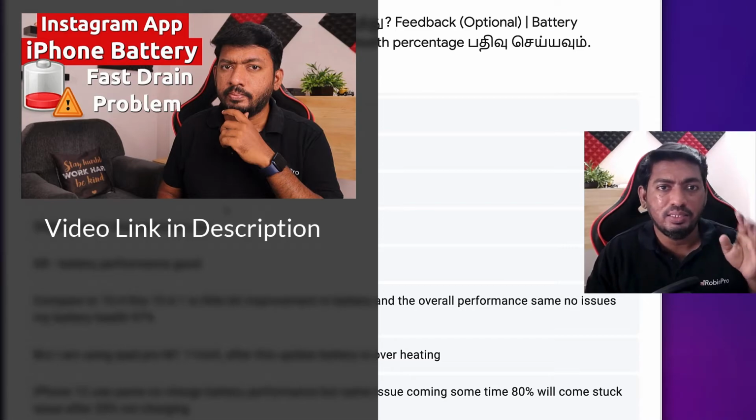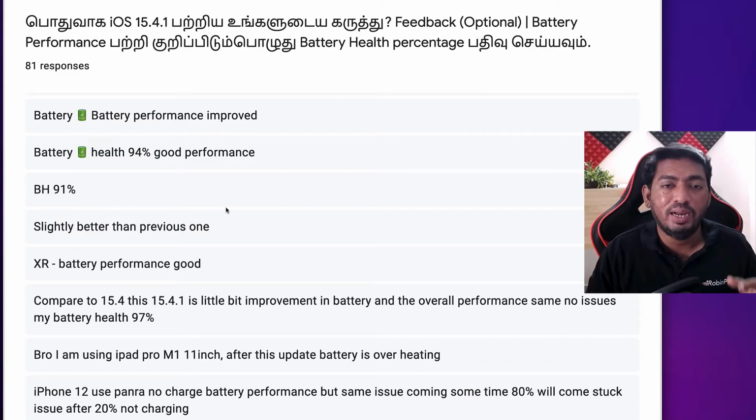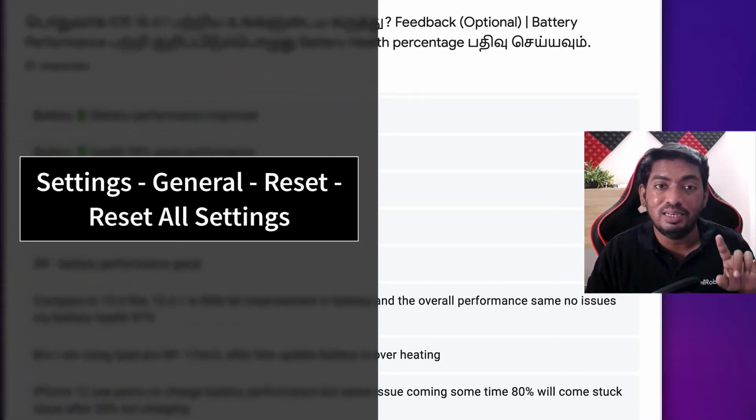In some cases, the Instagram, Facebook and YouTube applications could drain a lot of battery faster. So it is recommended to perform a network settings reset in such cases, and an all settings reset, after observing the usage and battery drain overall for at least 2 to 3 days. Only if you have a problem after the software update do you have to try these steps. Otherwise, you're good to go. You can continue enjoying using your iPhone